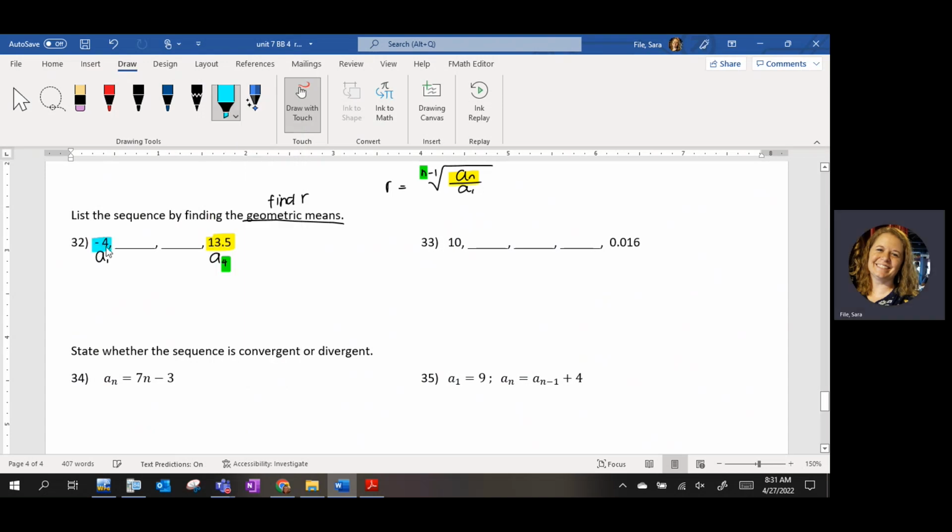And our first term is -4. That's a sub 1 for here. Okay, so for this particular problem,